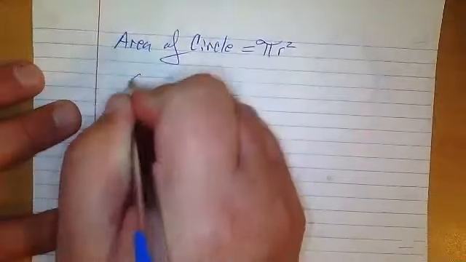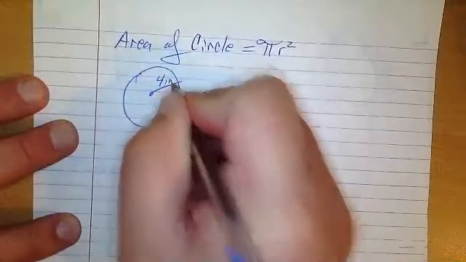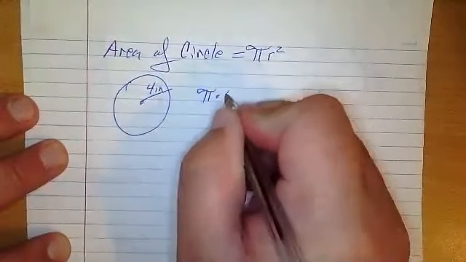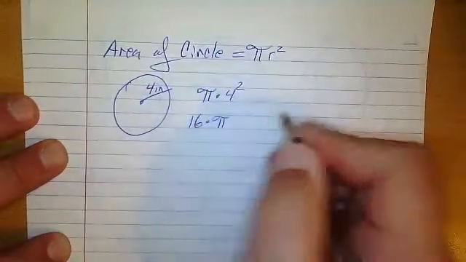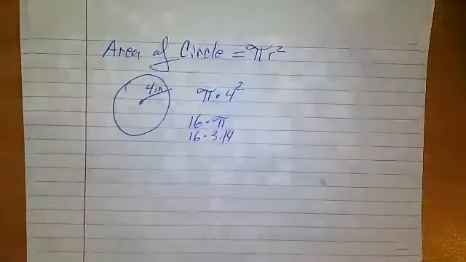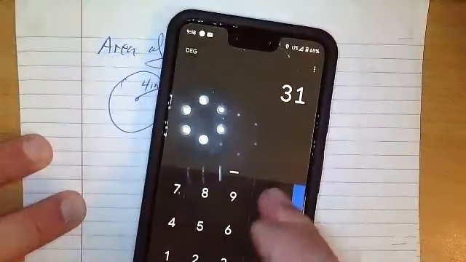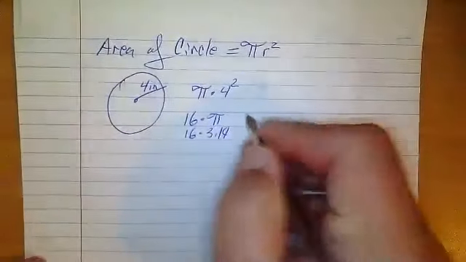All right. So the way we're going to do this, if I have a circle and it has a radius of 4 inches, literally, I'm going to say it is pi times 4 squared, which gives me 16 times pi, which is going to give me 16 times 3.14, which if I can find that calculator, 3.14. Should give me an answer of